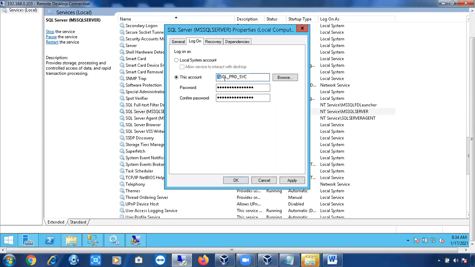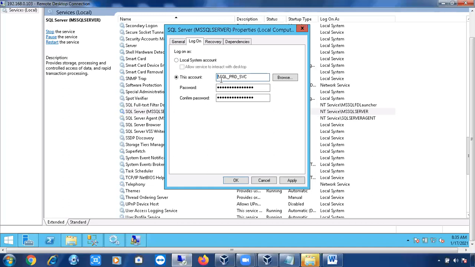Dot means your computer name. Usually the account name will be computer name slash account name, so you can represent your computer name with a dot.